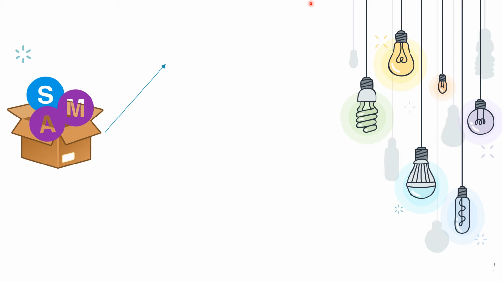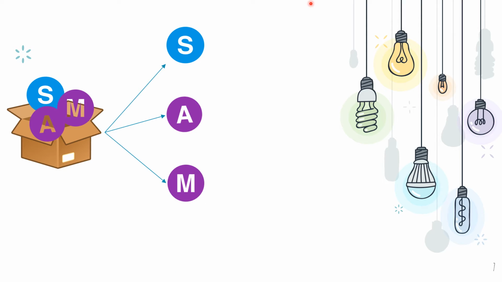For the first trial we will have three possible outcomes, S, A, and M. But for the second trial, we only have two possible outcomes